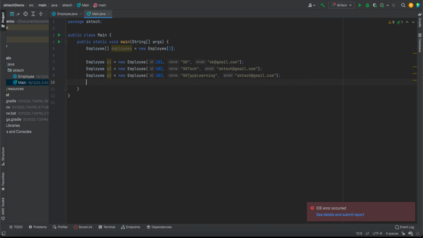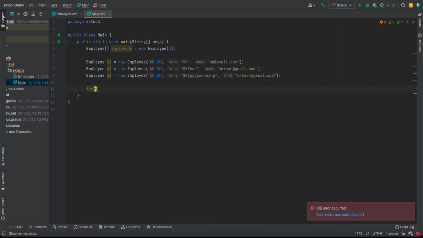So how can we do that? Since this is an array, to insert the element or to get the element, we always need to remember one thing: we always need to use looping concepts, because using a loop it will be very easy for us to insert or to get the elements from the array. So how can we do that?